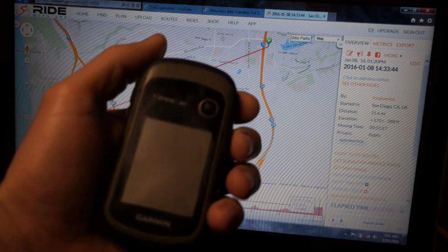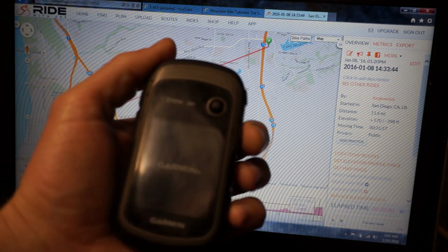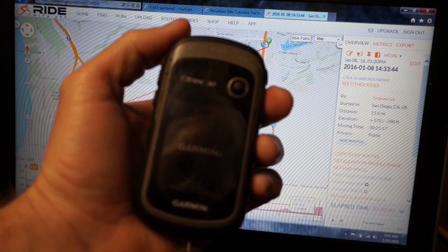So what you want to do is you want to power up your Garmin. I have it disconnected from the computer now, so